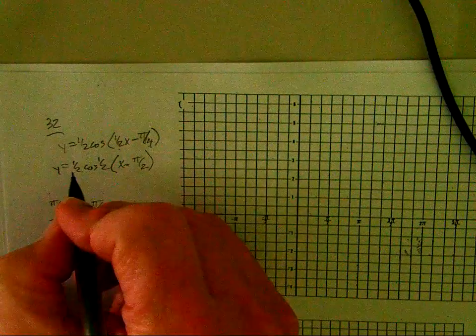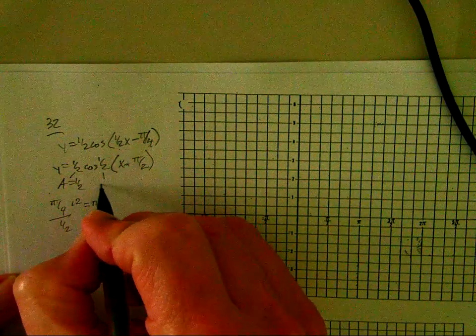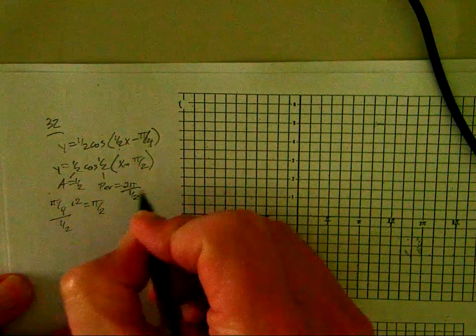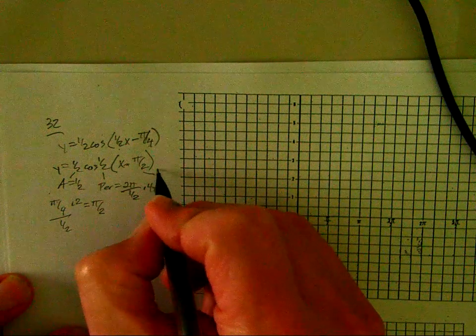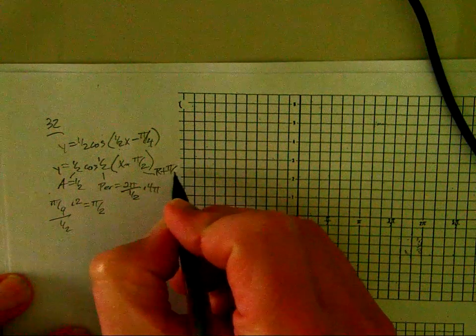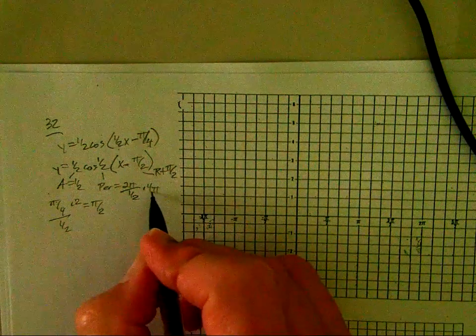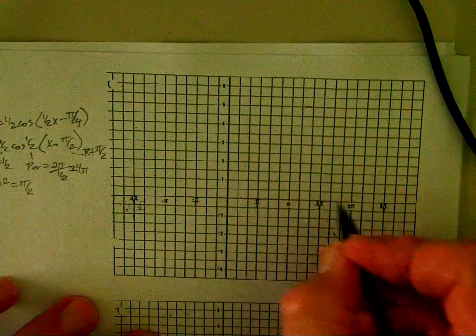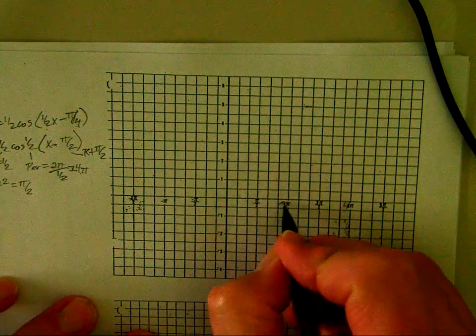So now we look for our things. Well, here our amplitude is 1/2. Our period is 2 pi divided by 1/2, which is 4 pi. And our horizontal shift is right pi over 2. Now since our period is 4 pi, we want to change our scale. So if we change 2 pi into 4 pi, 1 pi into 2 pi,